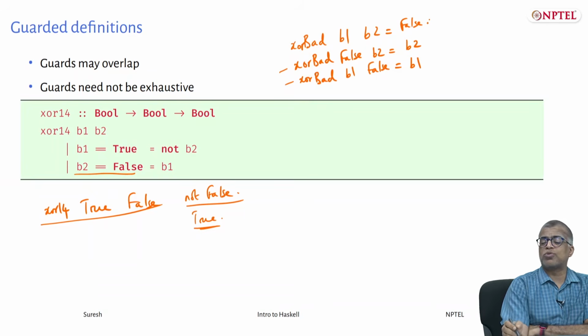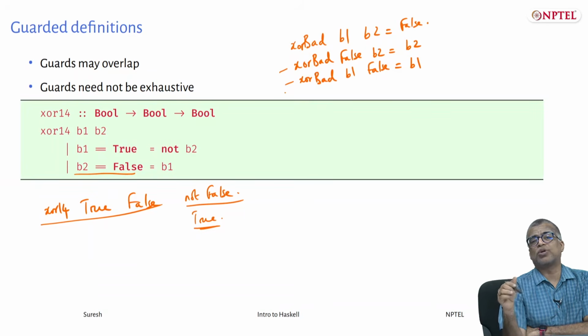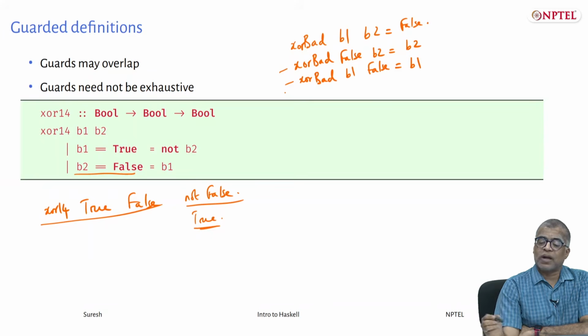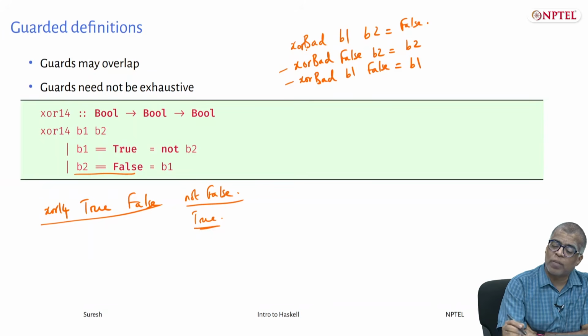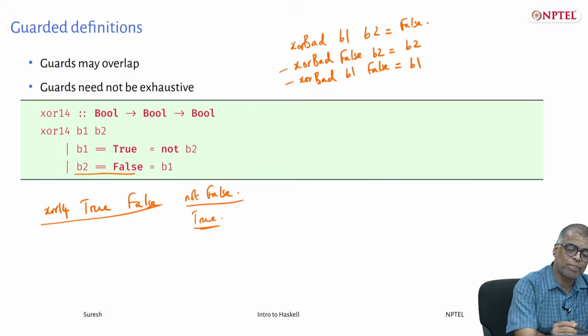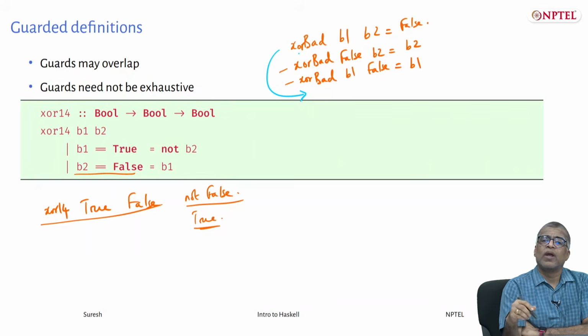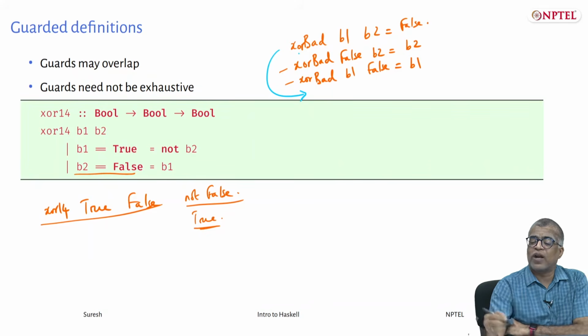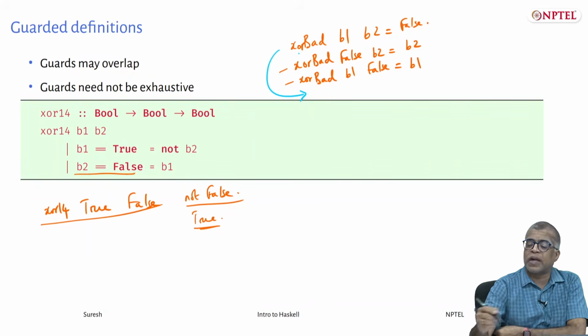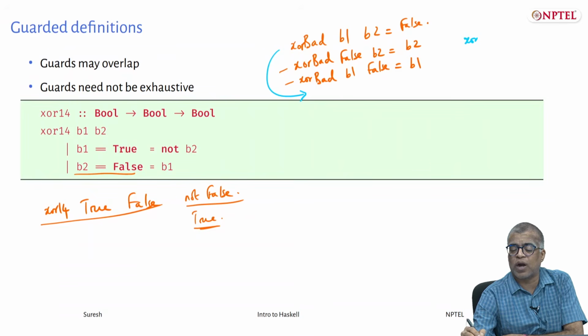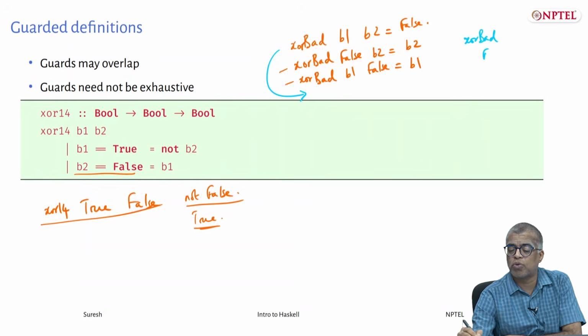Because if these two cases do not hold, it's the case true, right? But you shouldn't. Normally this XOR, this thing should have been the third line, but instead I put it in the first line, and this is bad because anytime you provide any argument, XOR bad of false true,